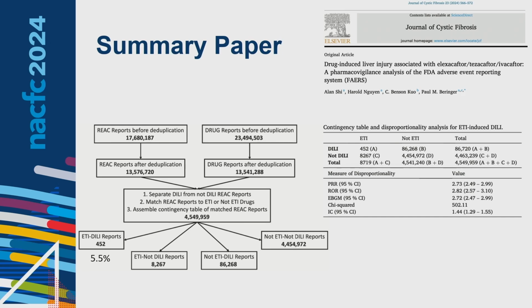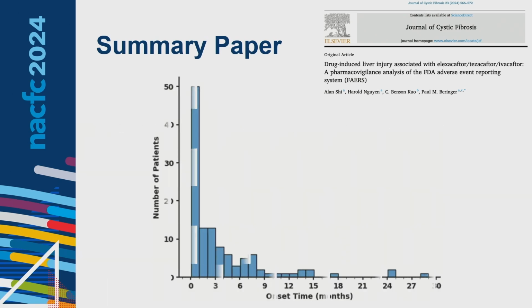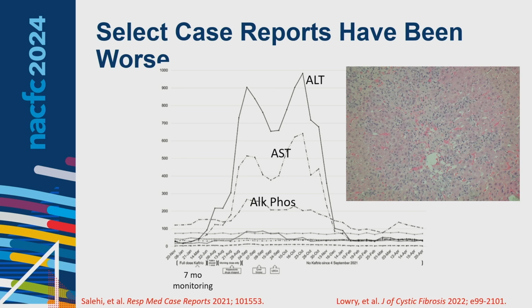So while I've given you a lot of data saying don't get too worried about these little bumps in liver enzymes, there is real data showing that ETI does in fact cause drug-induced liver injury. It's just in a small portion of patients. And we do know, and this is what I've been talking about for a couple years now, that when we see these injuries, we're most likely going to see them early in the process. The vast majority are going to show this in the first month or so if they're going to have real drug injury. And we do have these case reports that we need to be mindful of.